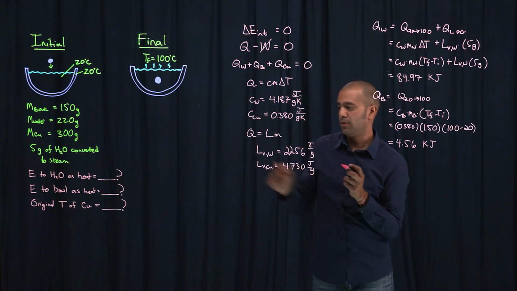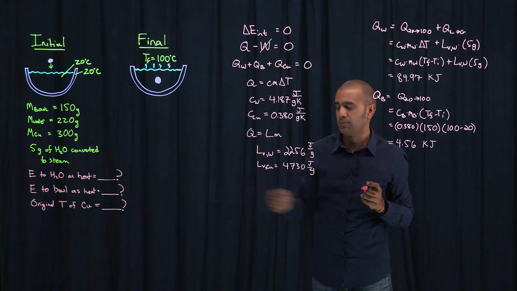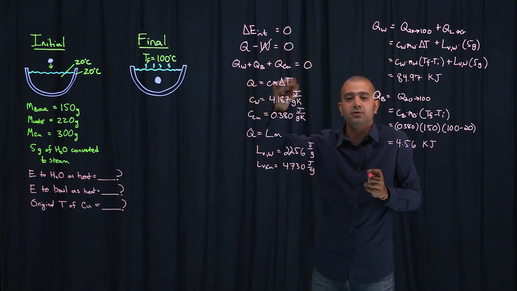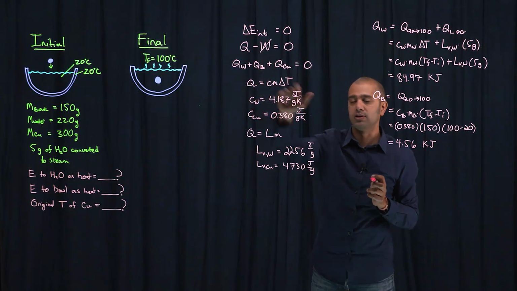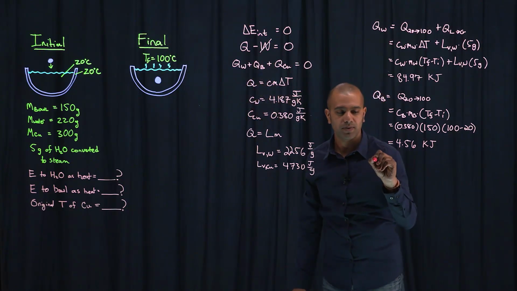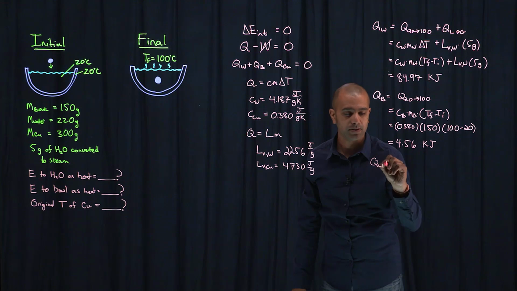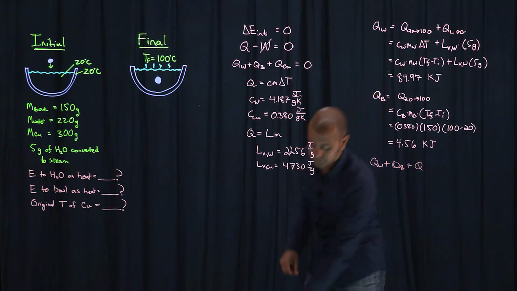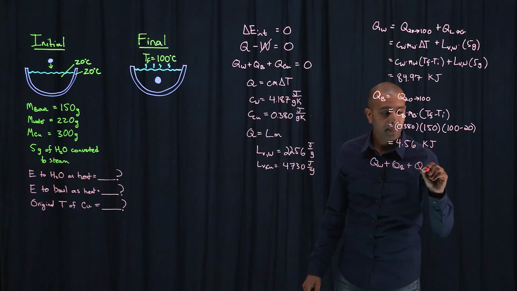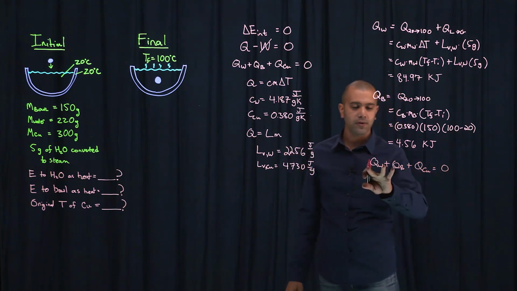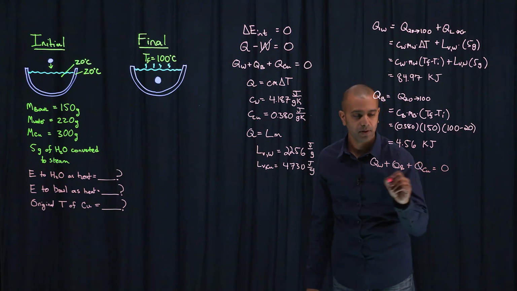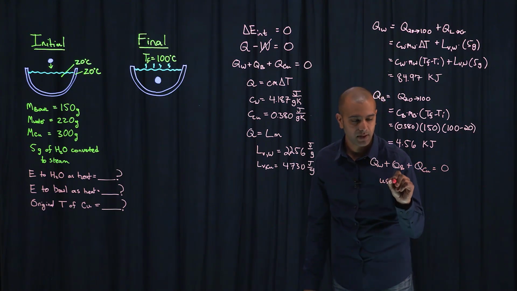Finally, let's finish up the problem. The last part asks us to find the original temperature of the copper, and for this we can use this equation. All the heats have to add up to 0. We know these two heats, so we can just find that one. So for part 3, we use Q_W plus Q_B plus Q_Cu is 0. We know these guys. We just need to find an expression for the heat of the copper. So let's use the fact that